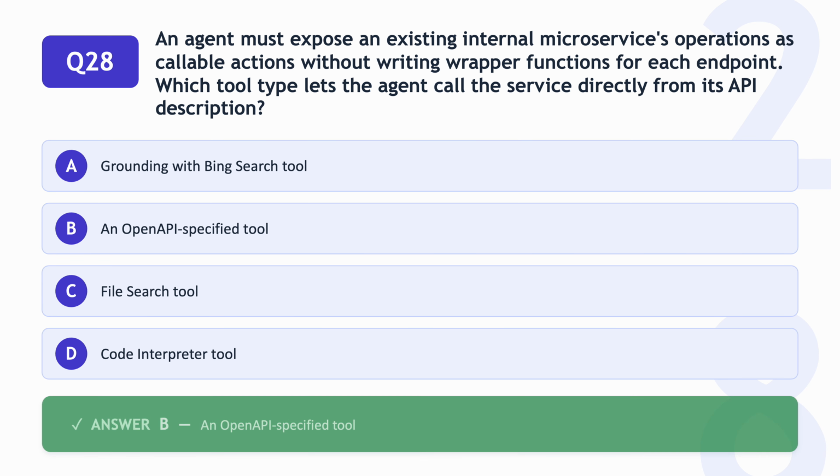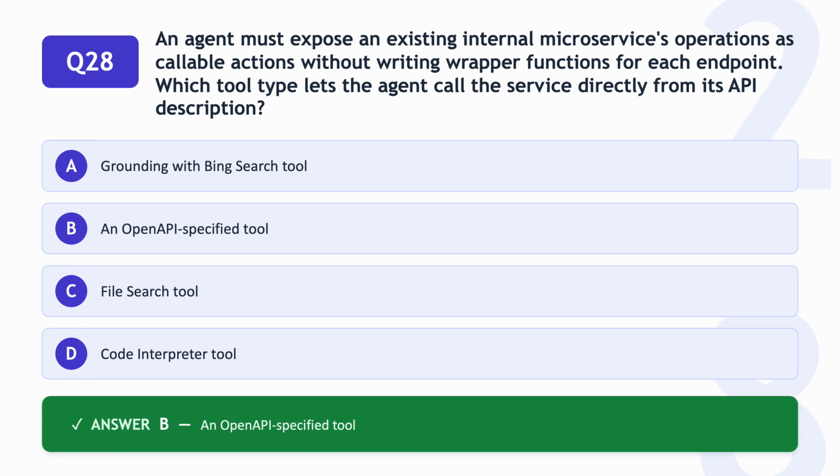Correct answer. B. An OpenAPI specified tool. Why B is correct. The scenario says the existing internal microservice has an API description. Expose operations as callable agent actions. Avoid writing custom wrapper functions for every endpoint. An OpenAPI specified tool allows the agent to understand and call API operations directly from the service's OpenAPI